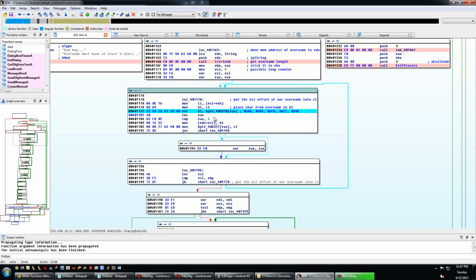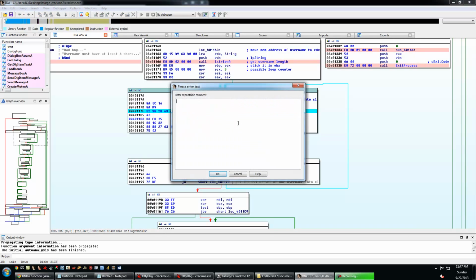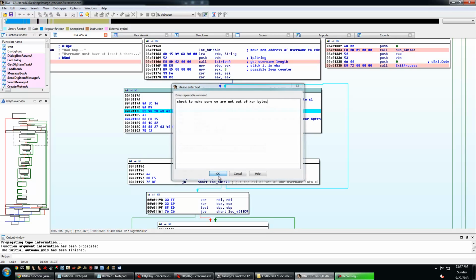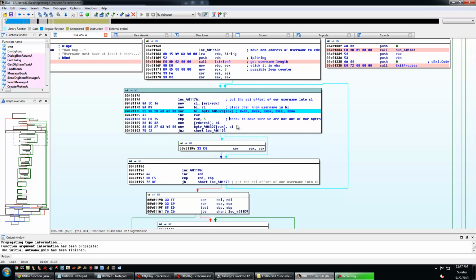So this is our increment EAX. We don't really need to comment that. That's self-explanatory. The comparison. This is just a check to make sure we are not out of XOR bytes. Now then, this is where we get a little bit more interesting, because it seems to be shifting around some